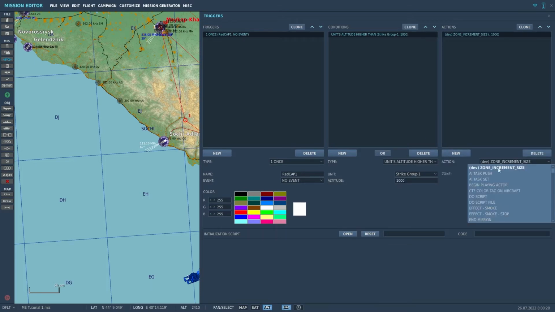Now we need to tell this trigger what to do when the condition is met with an action. Here we will activate the cap group. That is the trigger all set up. As you can see, they are not overly complicated, but they can really add a lot of flexibility to your